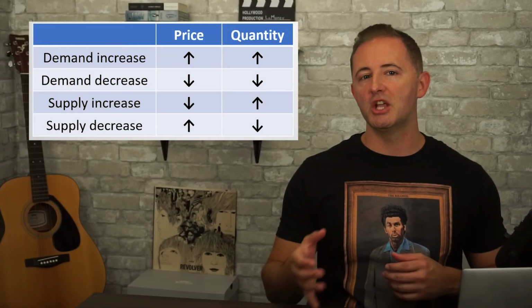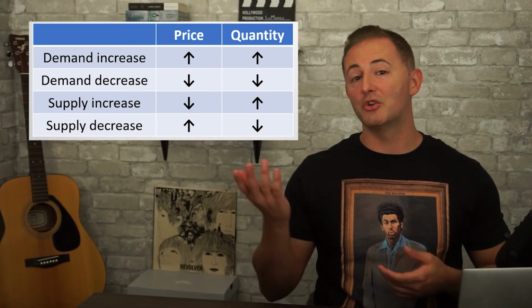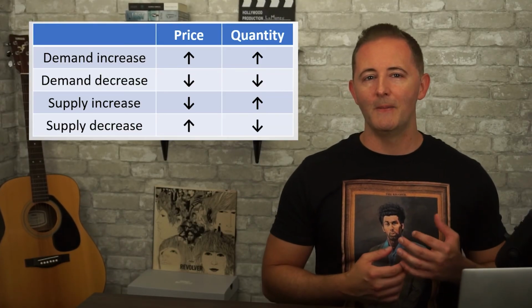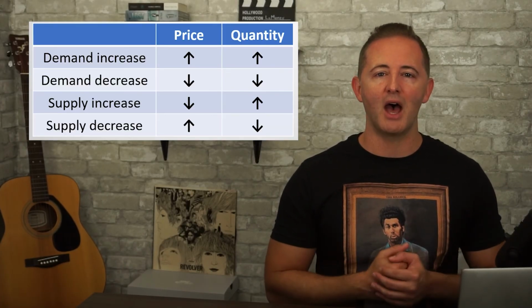Last up is, what about if both supply and demand shift together? Now don't worry, you don't have to draw this. The way to figure this out isn't to draw it, but rather to take what we know happens when each curve shifts individually. Here are the results from each shift that we established before, and now we just compare them. If demand increases, the price rises. If supply increases, the price falls. That means we don't know what will happen to price if both of these things happen at the same time.